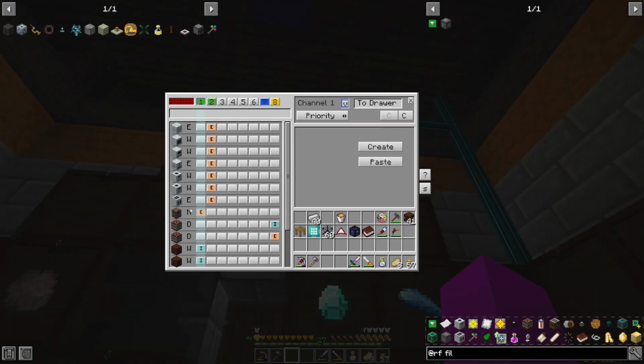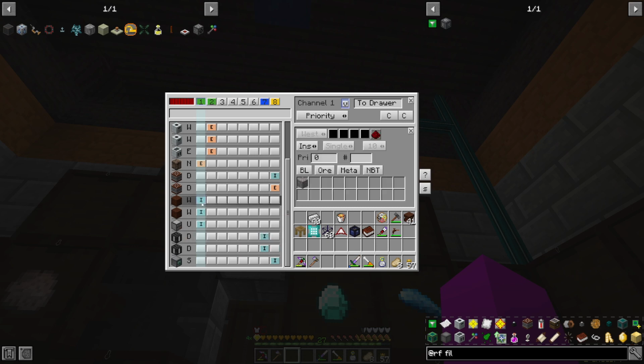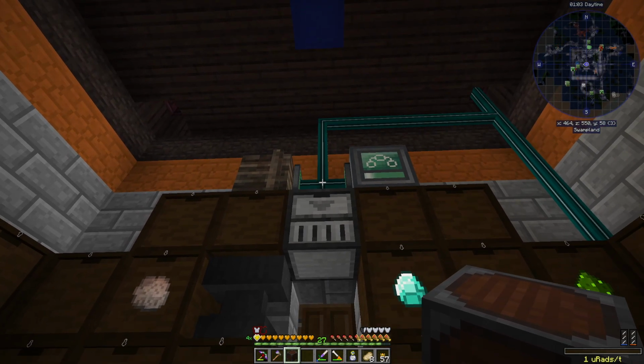Okay, new plan. So this Global Traveler crate is going to try to dump items into the drawer network if it can. And if they're matching certain ore types, they'll go in there for processing automatically. However, I don't want to confuse things by also having the machines taking their outputs out, because not every type of item I make out of a machine is going to have room in my storage drawers, because I've made this room too small. So I'm going to have a second channel that's handling items to another inventory. And that inventory should be just a bunch of massive storage crates like that. I think what I might do for the time being